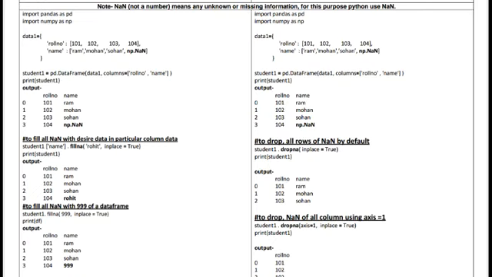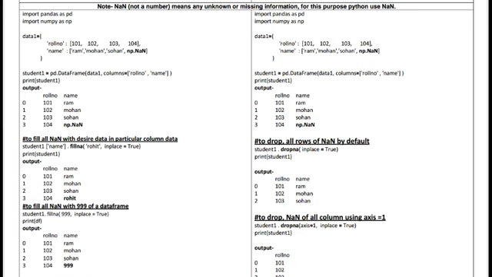Today I am discussing a new topic: how to handle NaN values in a pandas data frame. NaN means not a number. In MySQL we already know about null values. Same thing in a Python pandas data frame, we can use NaN, to handle unknown or missing values of a particular column or row.